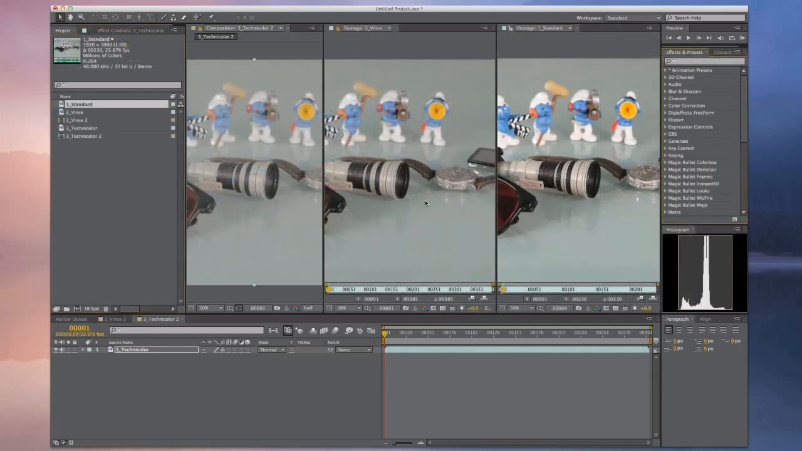All right guys, so that's it. It's all about maximizing dynamic range and giving yourself the most flexibility in terms of color correction. Hopefully this helped you understand the differences between the standard, Vince's recommendation, and the Technicolor Cine style profile, and